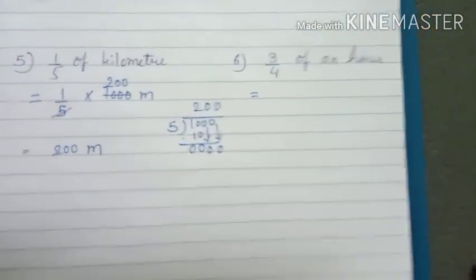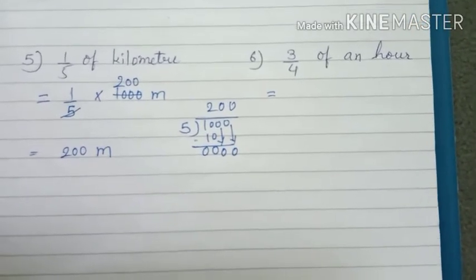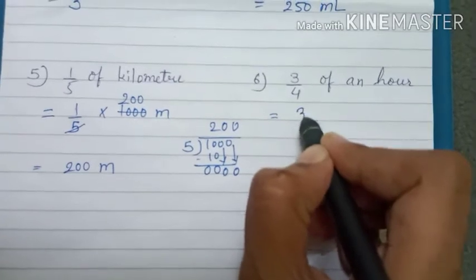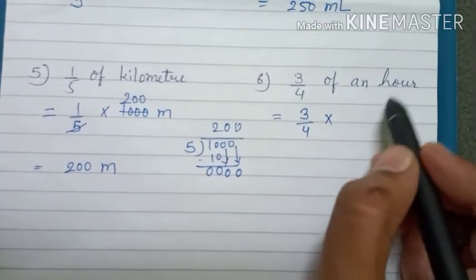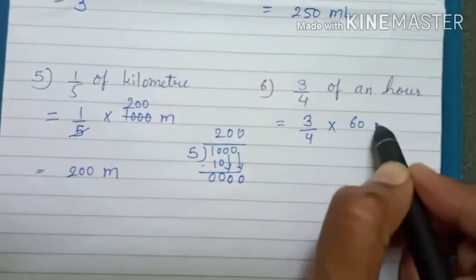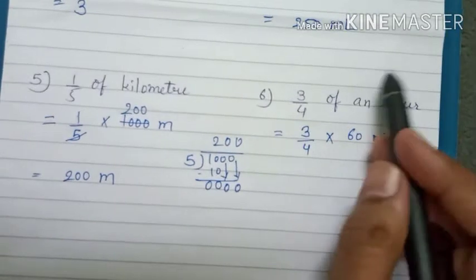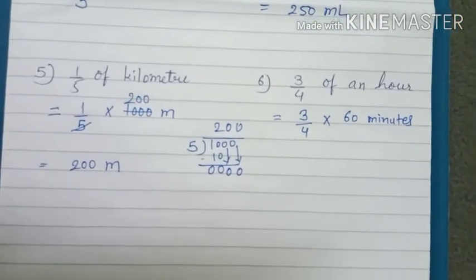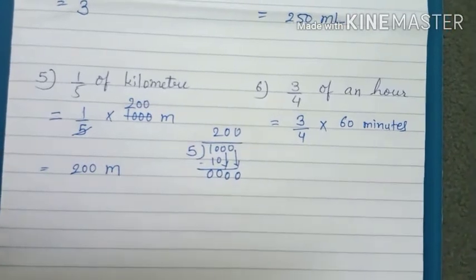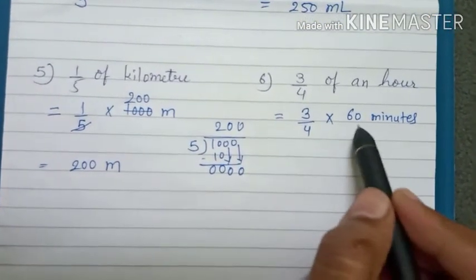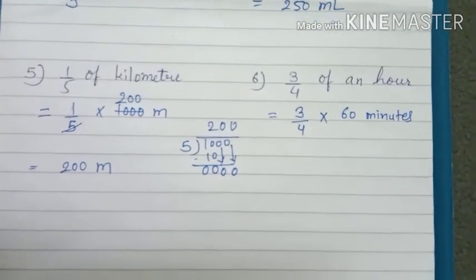1 hour मीन्स हाउ मेनी मिनट्स? 60 minutes means 1 hour. So what to do here? You write here 3/4 मल्टीप्लाई एन आवर. आवर की जगह पे हम क्या लिखेंगे? 60 minutes. ओके, सो आपको यहाँ पे नंबर नहीं दिया है, सो यू हैव टू थिंक एंड राइट द नंबर. 1 hour की जगह पे हमें यहाँ पे लिखना है 60 minutes. डैट मीन्स हमें 60 minutes का 3/4 फाइंड करना है. डैट मीन्स सेम हुआ, 1 hour का 3/4 फाइंड करना है.